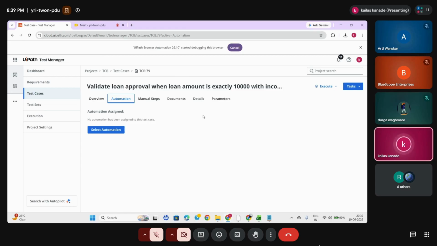It is not going to generate the code for you, you need to generate the code. Yeah, what is this code? Validate the loan approval when amount